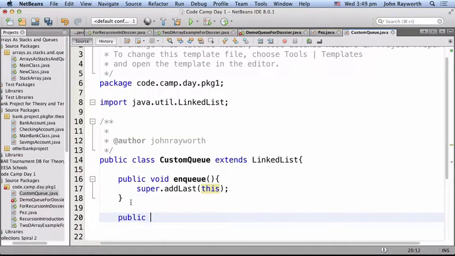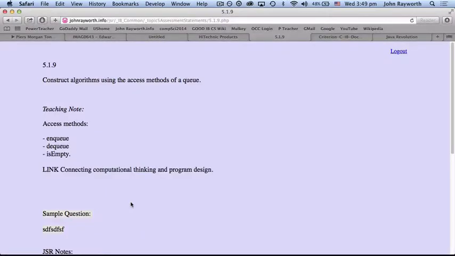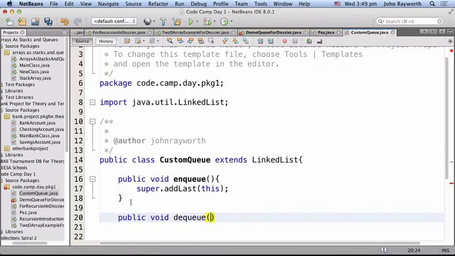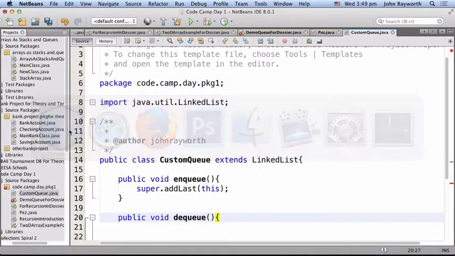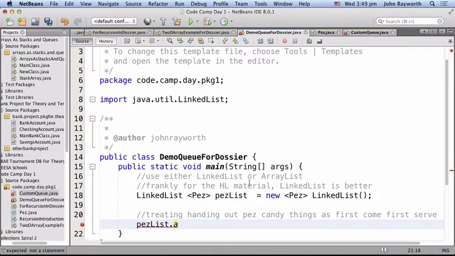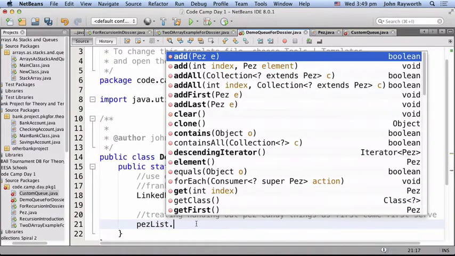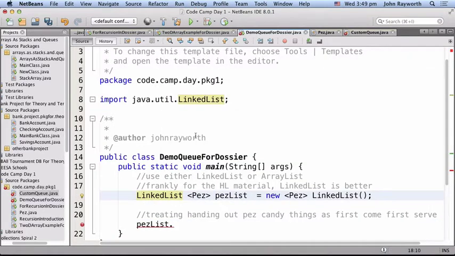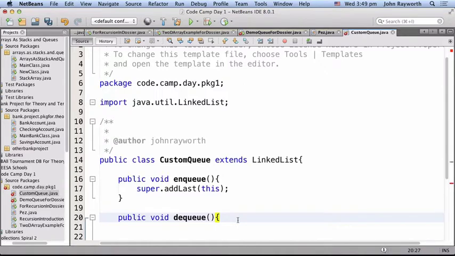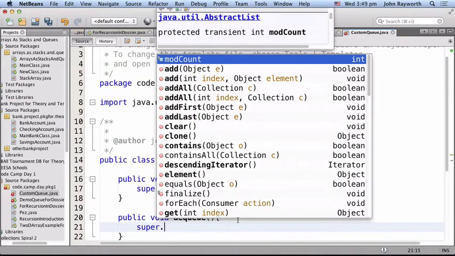And then public void DQ. Oh, it's going to return. Sorry, I'm pausing a little bit here. Add last is void of a return value, but it takes in a PES. Anyway, let's just super. So DQ